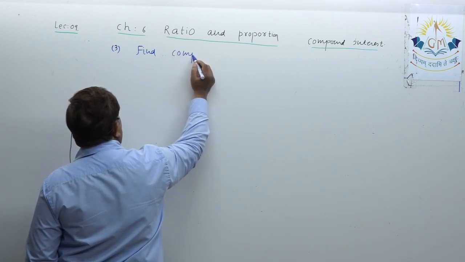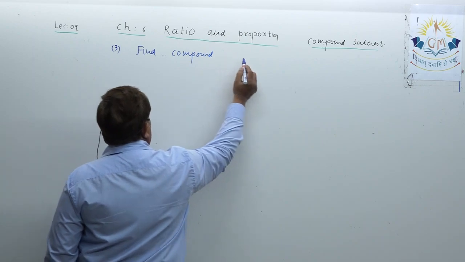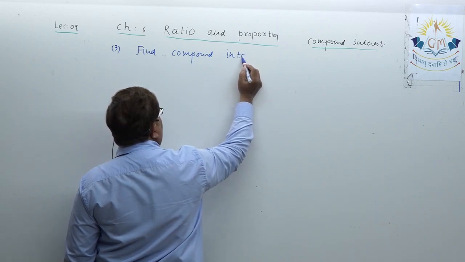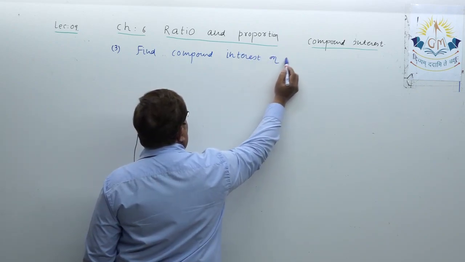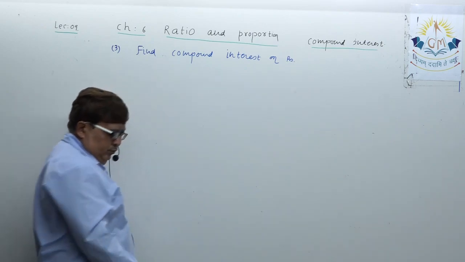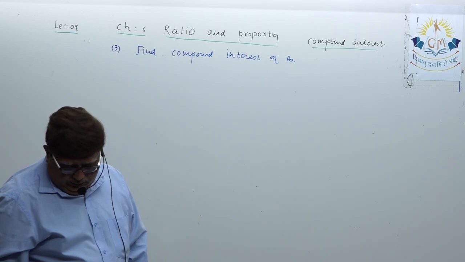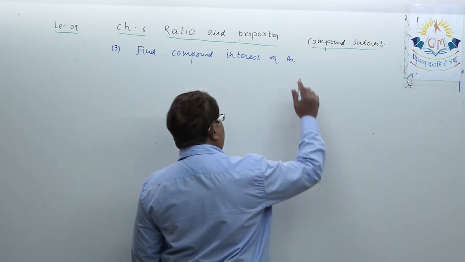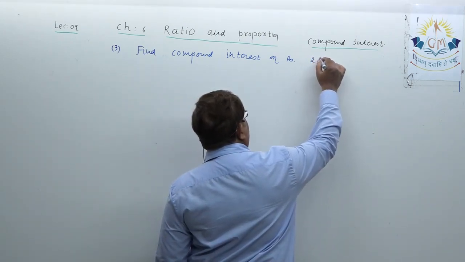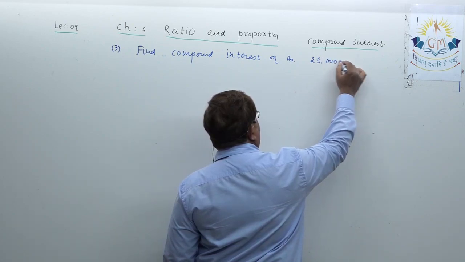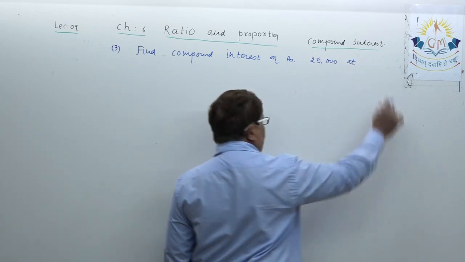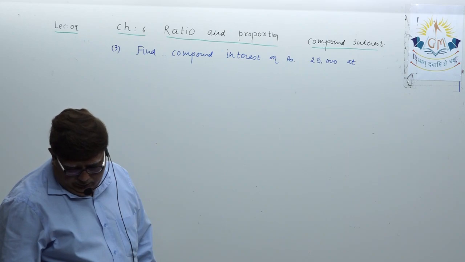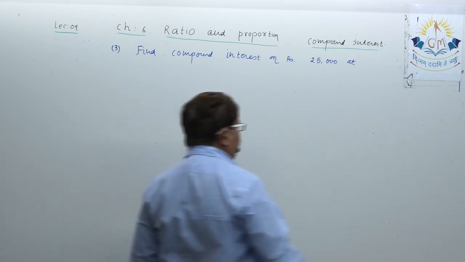Find compound interest on rupees 25,000 at 8%